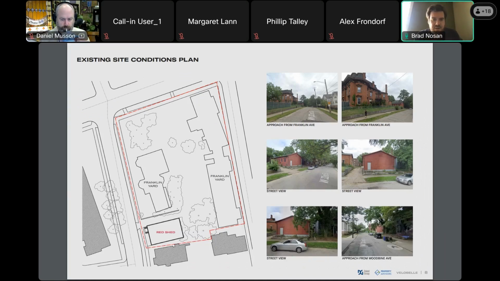Some existing site plans. You can see to the north, you have the Franklin Yard project, which is the mansion, which if you've been by there is currently being renovated. And then you have the old dormitory building, is what we're calling it, which is also under renovation. You have plenty of green space, which will be accessible for tenants, and theoretically there may be people who wander their way into that space as well. And then the red shed is just south of the mansion there, and we'd like to get this rezoned as some sort of general retail, so it's an amenity not only for the tenants there and across the street, but also for people in the neighborhood.